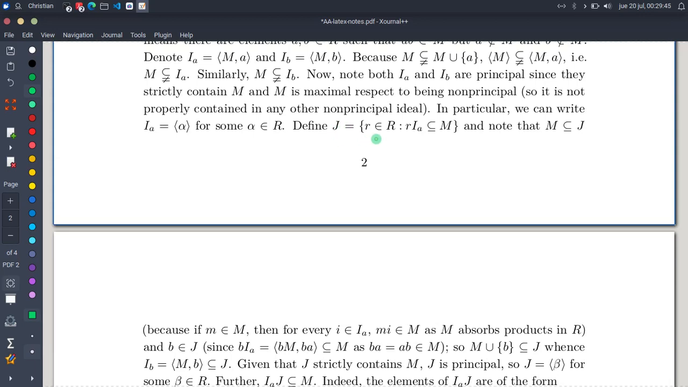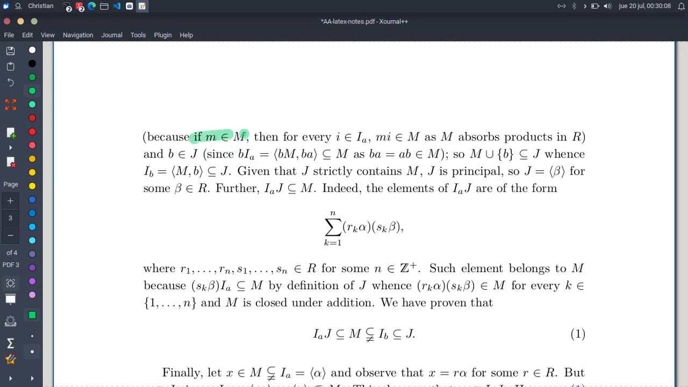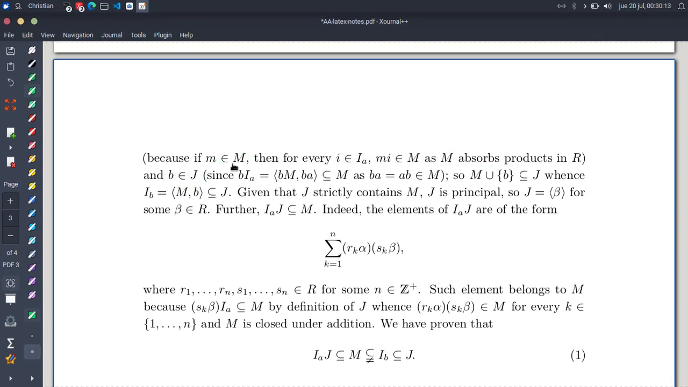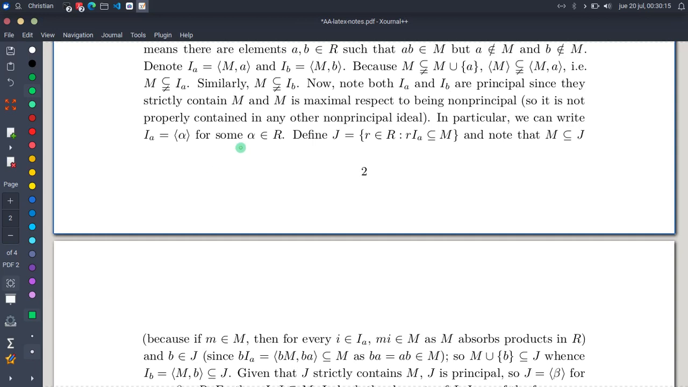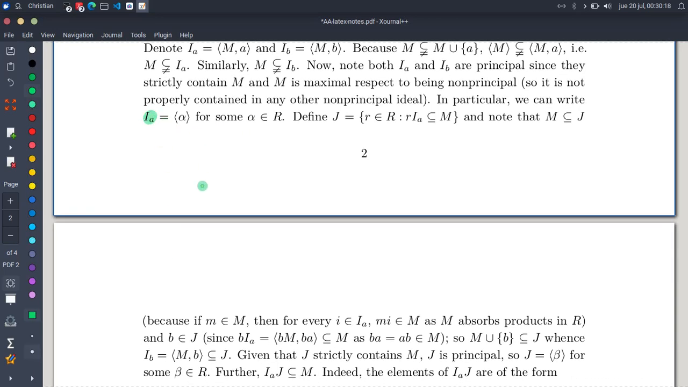Now define J as the set of all the elements r in R such that multiplying I_A by r gives us a set that is contained in M. And note that M is contained in J. That happens because M absorbs products. So if in particular we multiply an element of M by I_A, we get a set that is contained in M, as you can read in here. And it's also clear that b is in J, because if we multiply b by I_A, we get the ideal generated by